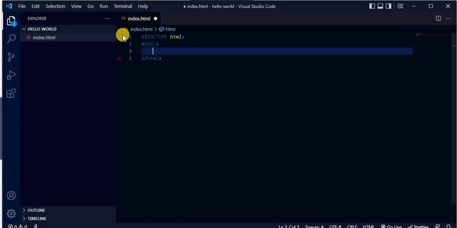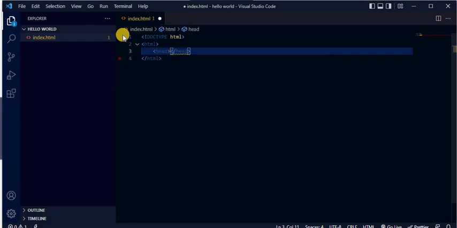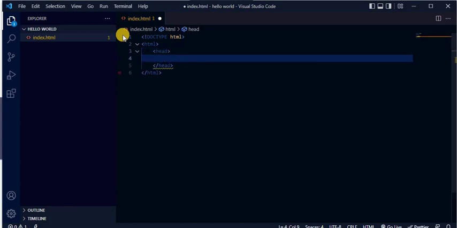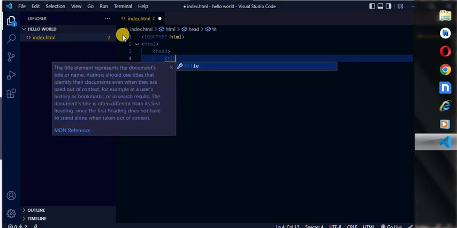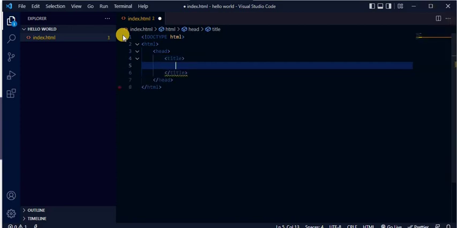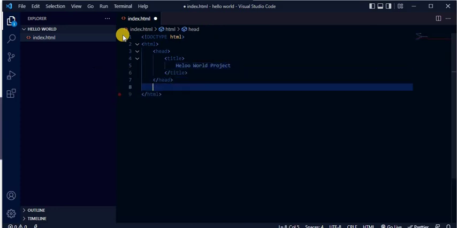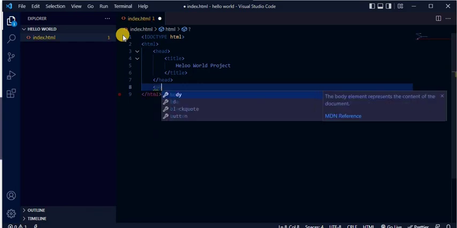Then we now wrap everything in our HTML tag, which is what we talked about, parent-child relationship. Then we have the head tag, which is self-closing, and we did put a title, which is equally self-closing. Then we said this is our Hello World project. Then under the siblings of the head, we now have the body tag, which basically is things that are visible